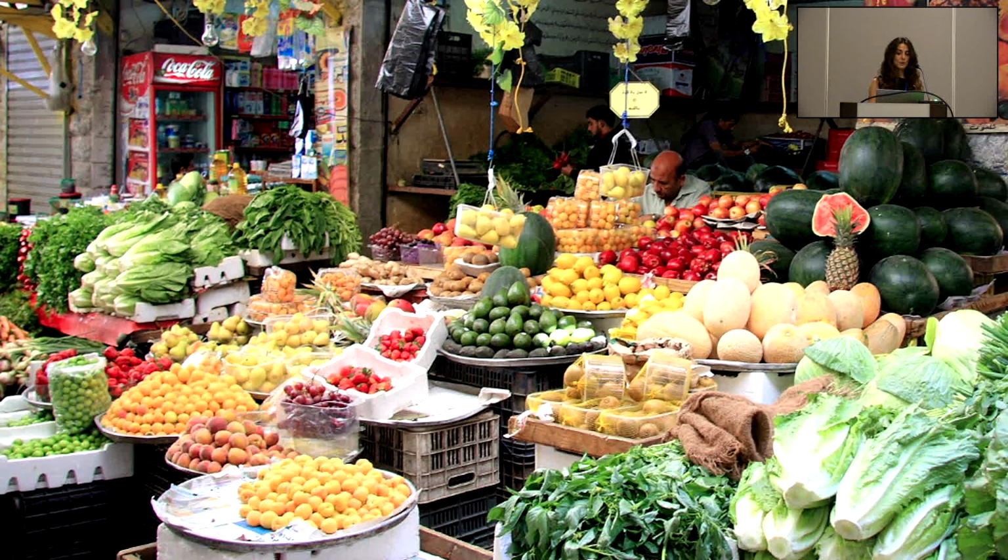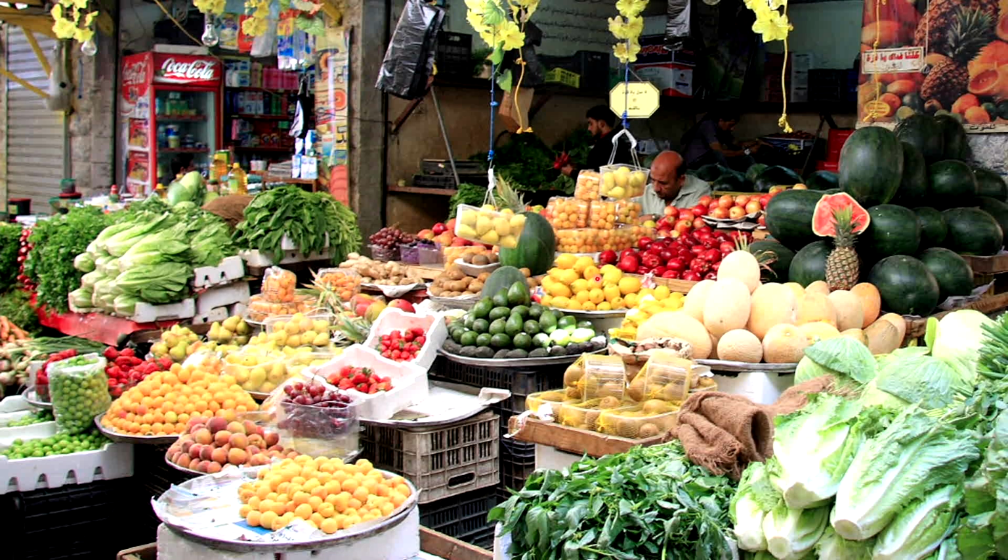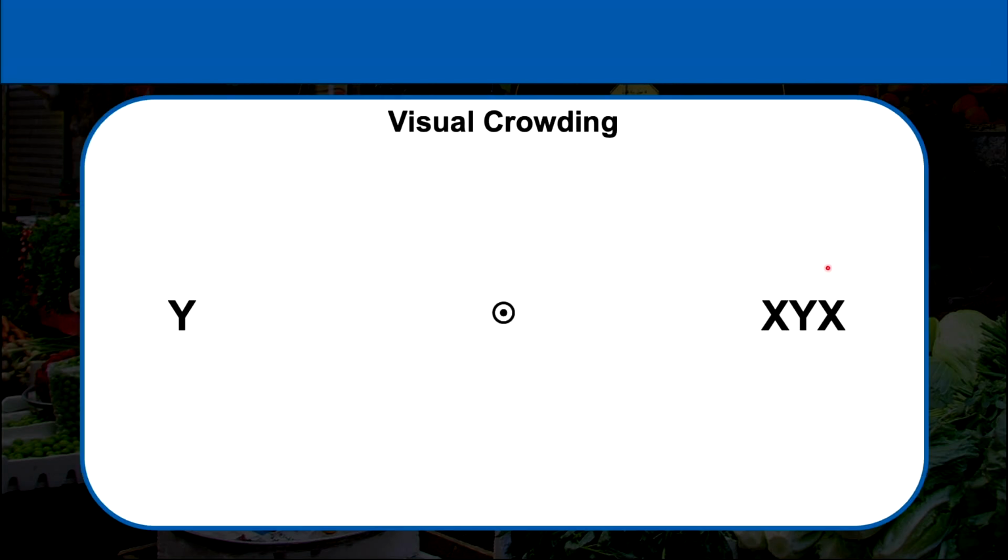We constantly encounter complex visual scenes in our everyday life, such as this one, which our brain efficiently processes. For instance, let's say we move our eyes to process this complex visual environment to find a pineapple. To extract fine spatial detail, we use foveal vision. However, a lot of information is processed by peripheral vision. There are a lot of limitations of peripheral vision, such as low spatial resolution and visual crowding.